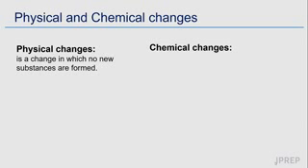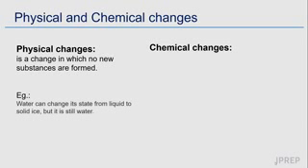Physical changes normally refer to changes in the state of matter or substances. In such changes, there are no new substances that are formed. It is only the state of the substance or matter that has changed. An example can be seen when water changes state. Liquid water can change state to become solid water in the form of ice cubes. It can also change its state to gas in the form of water vapor or steam.